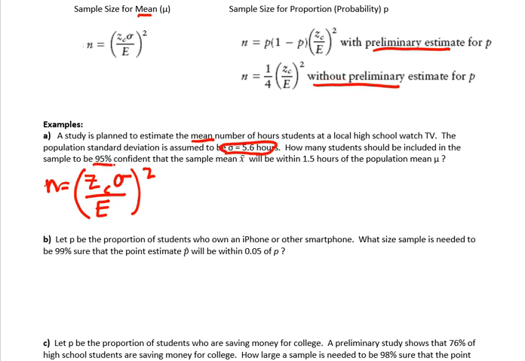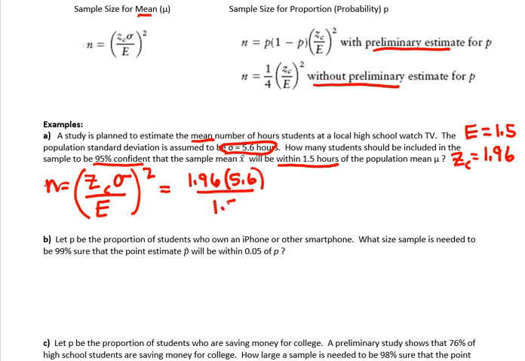To be 95% confident that the sample mean will be within 1.5. Now that within 1.5 is telling me that I have an error of 1.5. The 95% confidence is telling me that I need to get my z sub c from the table. Z sub c for 95% confidence is 1.96. All right, so 1.96 times 5.6 divided by 1.5, quantity squared. If I put this in my calculator, I end up with